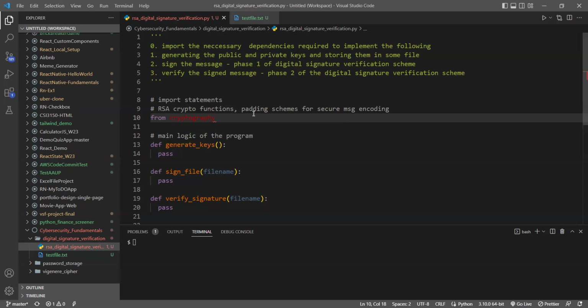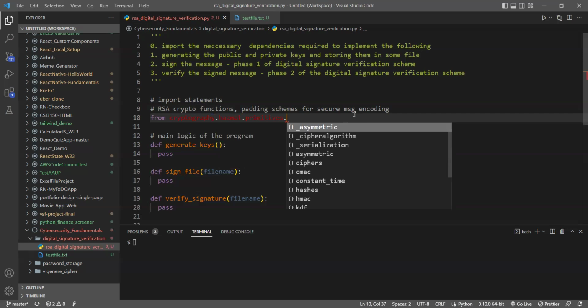So here, since our choice of algorithm is basically RSA, which is a part of the asymmetric library, and the padding scheme that we are going to be using is also a part of that. Okay, so we need to get to the point where we can get the asymmetric libraries, right? So this is present inside this particular file hierarchy structure. So in Hazmat, we need to go to primitives, and then inside primitives, we can take this asymmetric part,